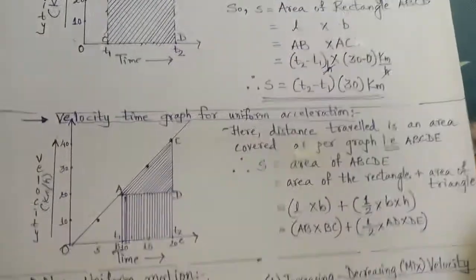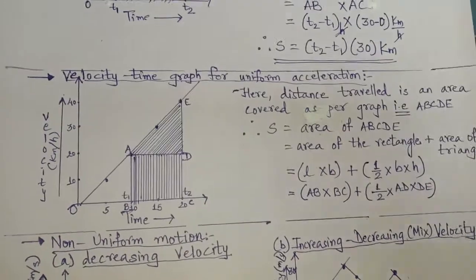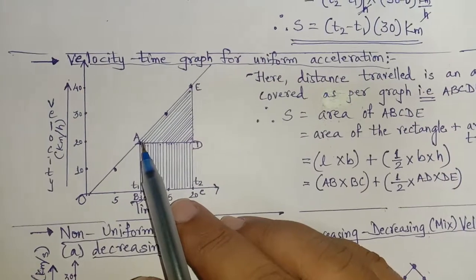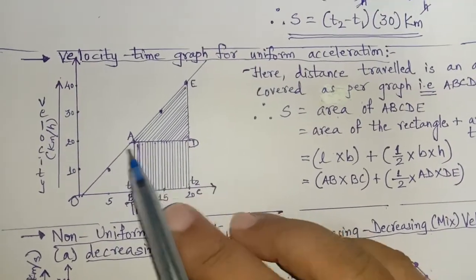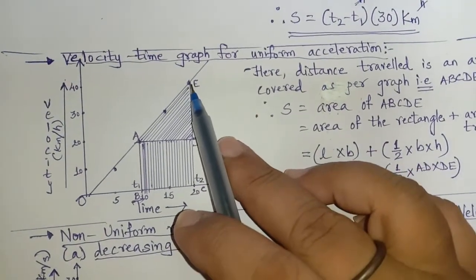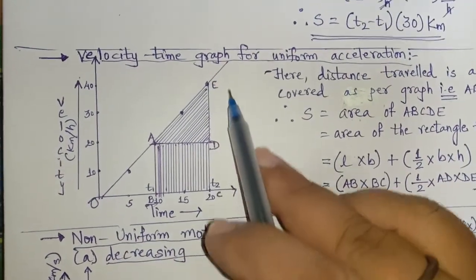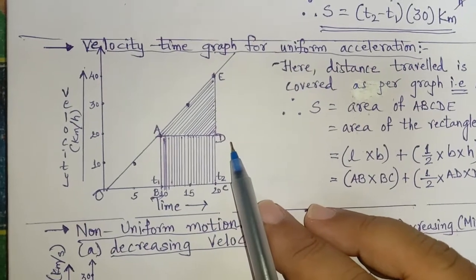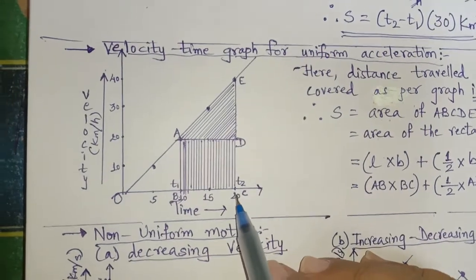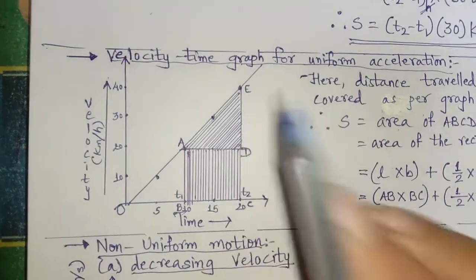In the same way, here is the velocity versus time graph for uniform acceleration. Acceleration means change in velocity. Initially the velocity was not changing, same direction, but now the velocity is changed. So if I want to know the acceleration, it will be the change in velocity, CE minus D, and the time change is D minus A, so t2 minus t1. So here we would get V minus U upon t, acceleration.